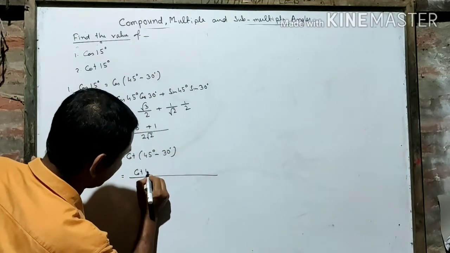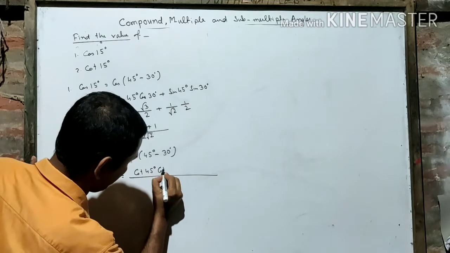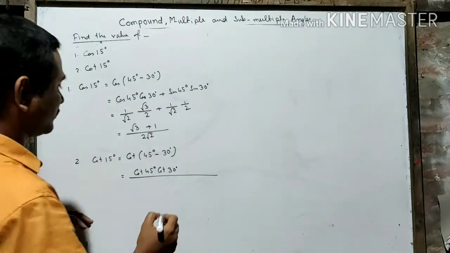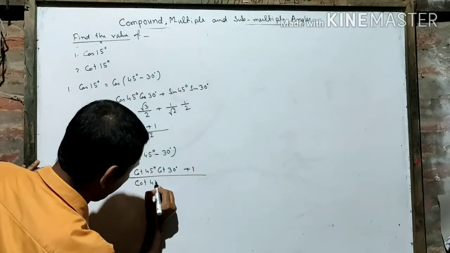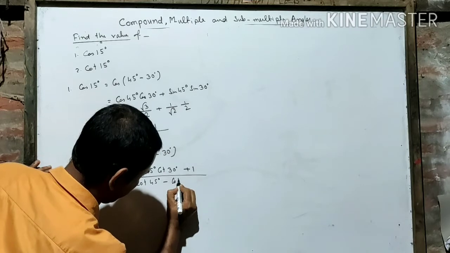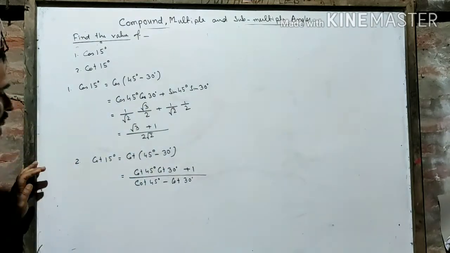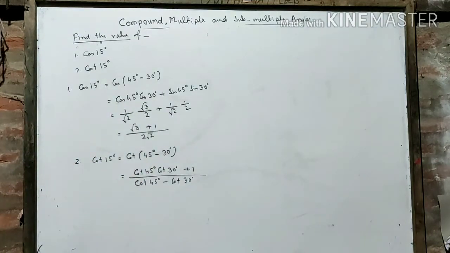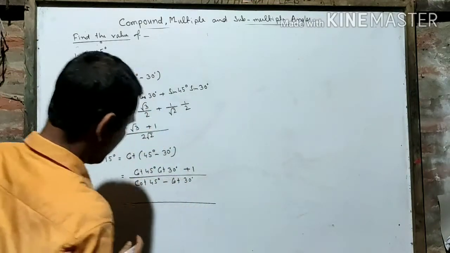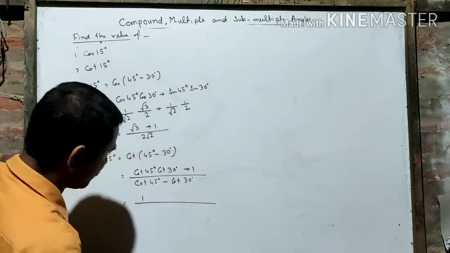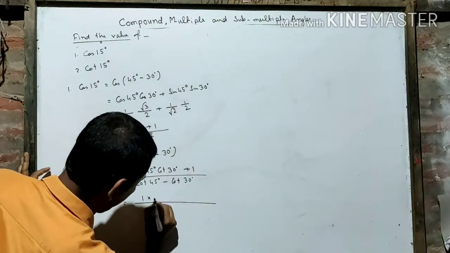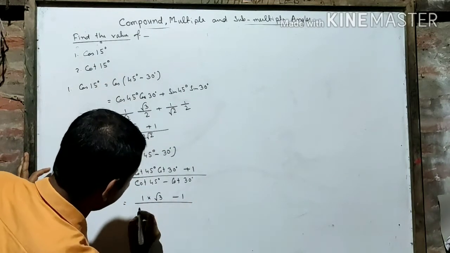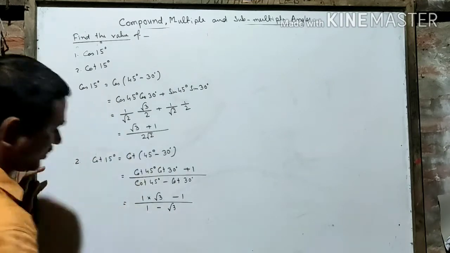If you can remember, cot A cot B plus 1 divided by cot B minus cot A. This is equal to, what is the value of cot 45? Cot 45 is 1. What is cot 30? Root 3